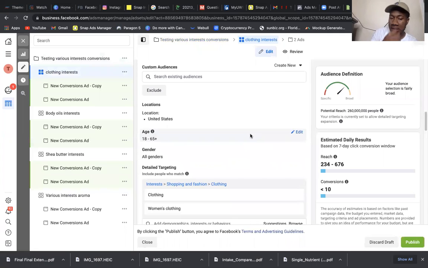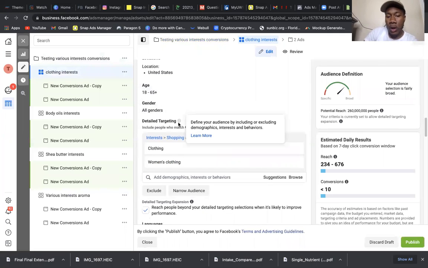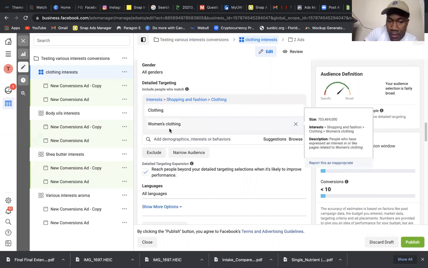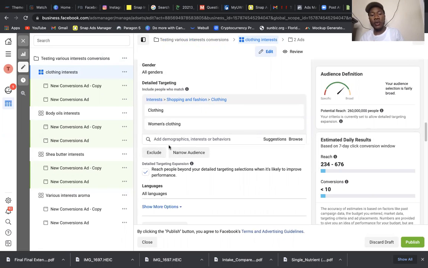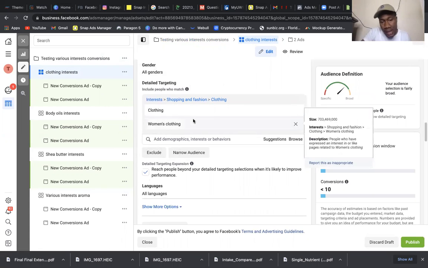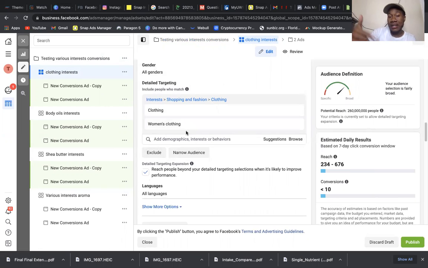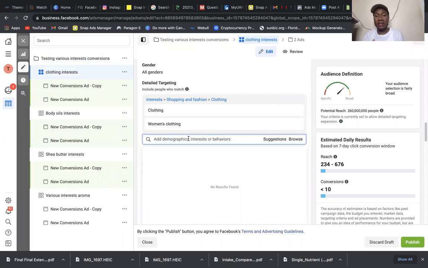So essentially what you want to do, so when it comes to detailed targeting, what's basically going to show up is this tab right here. With this tab right here is where you're going to add demographics, interests, or behaviors. This is basically the columns that you're actually going to target. So for instance, as you guys see right here, these interests are already picked. These are clothing. So the ads that are going to be in this ad set are going to be for clothing. I want these ads to reach people.